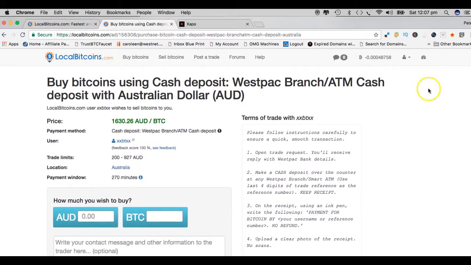That's where you find that information anyway. So once you've decided on that, you simply fill in these particular fields here, how much you want to buy. Put in the dollar amount or the peso amount or the yen amount or wherever you happen to be. That's where you enter that information. It will then convert that to how many Bitcoins you're going to get, and you follow this process, and that will